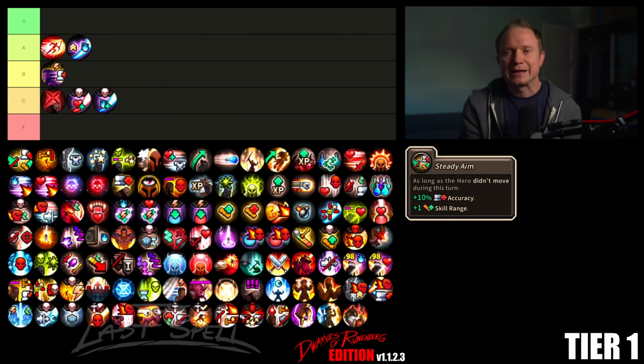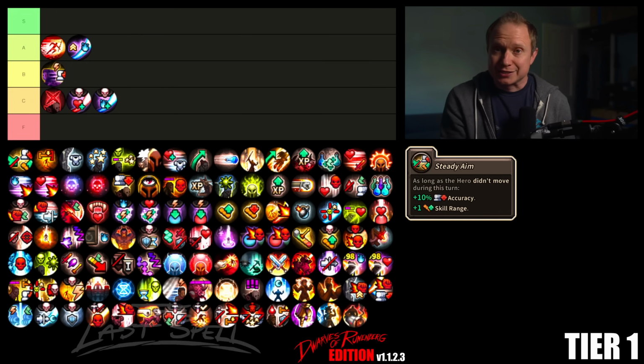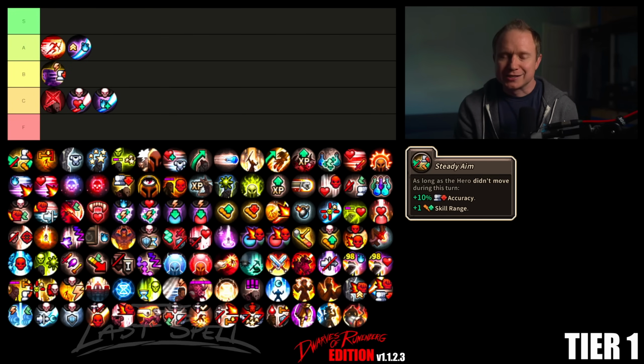Next up, we have Steady Aim. If your hero hasn't moved, gain 10 accuracy and 1 skill range. I don't really like Steady Aim. The reason is that it creates this kind of weird dynamic. So first of all, I think watchtowers are bad. So with a few very limited exceptions, I think that watchtowers rarely ever work, and Steady Aim is kind of like the watchtower perk. The problem with Steady Aim is if you decide that you have to move, which is